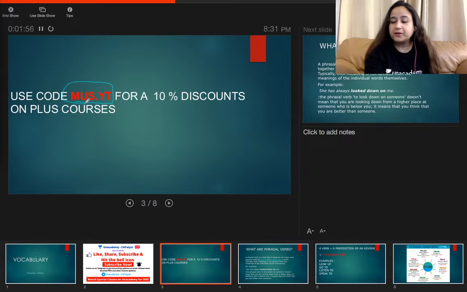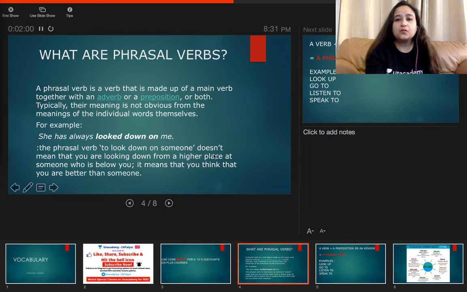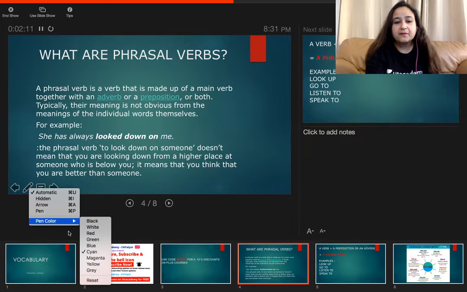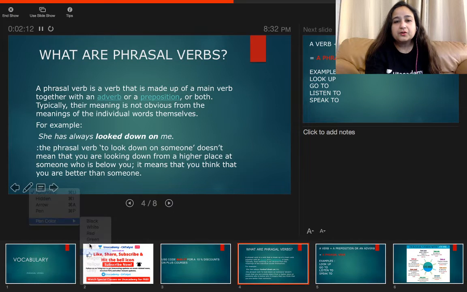Let us move on to our topic for today, which is phrasal verbs. So first and foremost, let us look at what phrasal verbs are and why they are important. So basically a phrasal verb is a verb. Obviously the verb part has to be there. The name itself is saying that it is a phrasal verb. Now together with the verb, what do we have in a phrasal verb? So a phrasal verb is a mixture of a verb plus an adverb or a preposition, or sometimes both also.